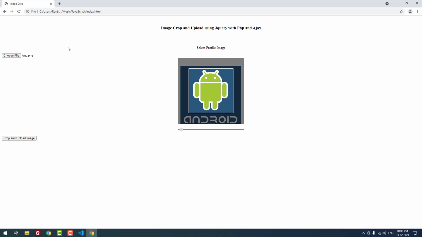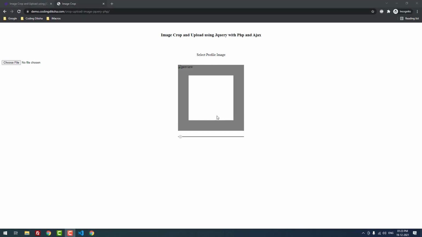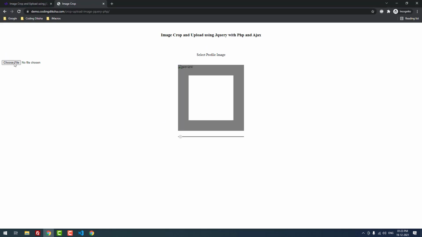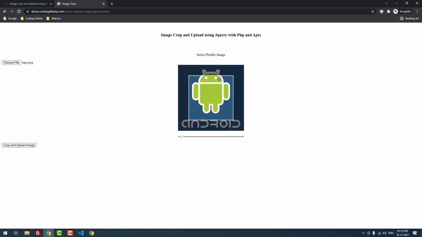Let me check whether I have uploaded or not. Okay guys, I uploaded the project to the live URL. You can see demo.codingdiksha.com and the URL. But here it is not working. When I click the crop and upload image button, it is not working. Let me run it on the live server. When I choose the file, it is showing here. I can move and I can crop.